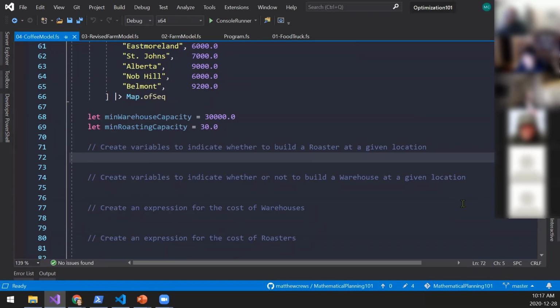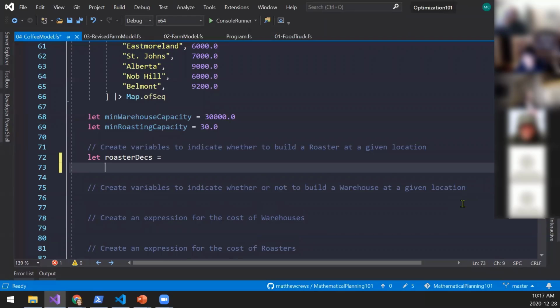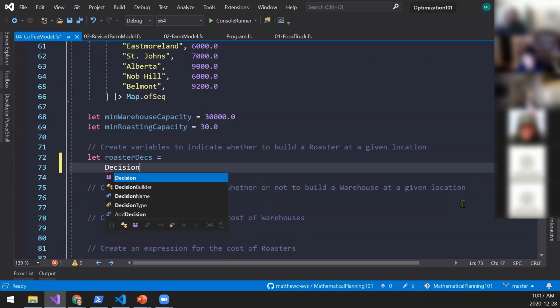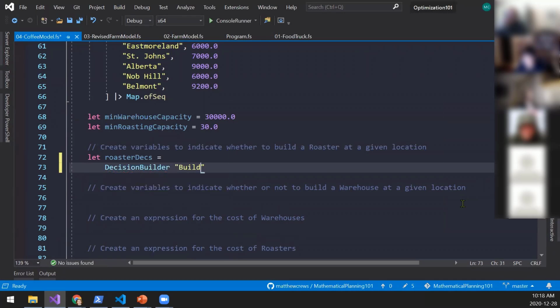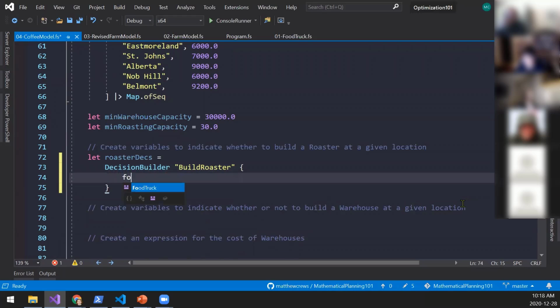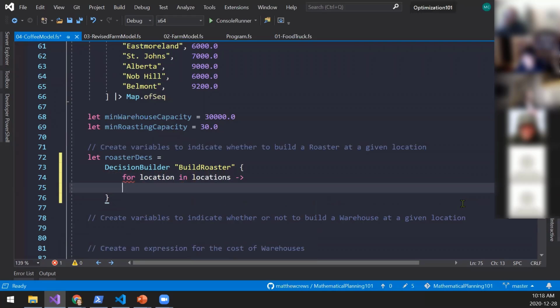Okay. Roaster decisions. I'm going to be using that decision builder again. It's going to be build roaster. And I'm going to say, for location in locations, I want a Boolean.